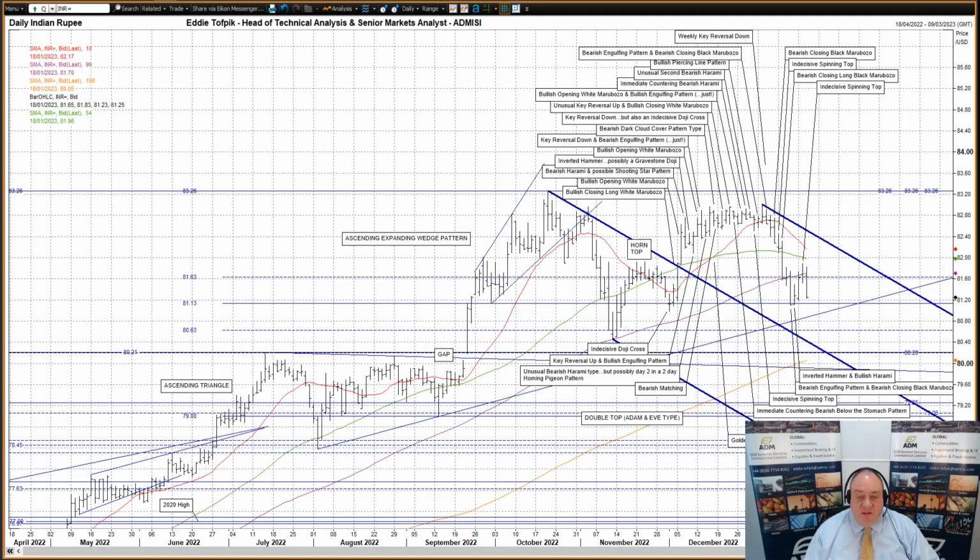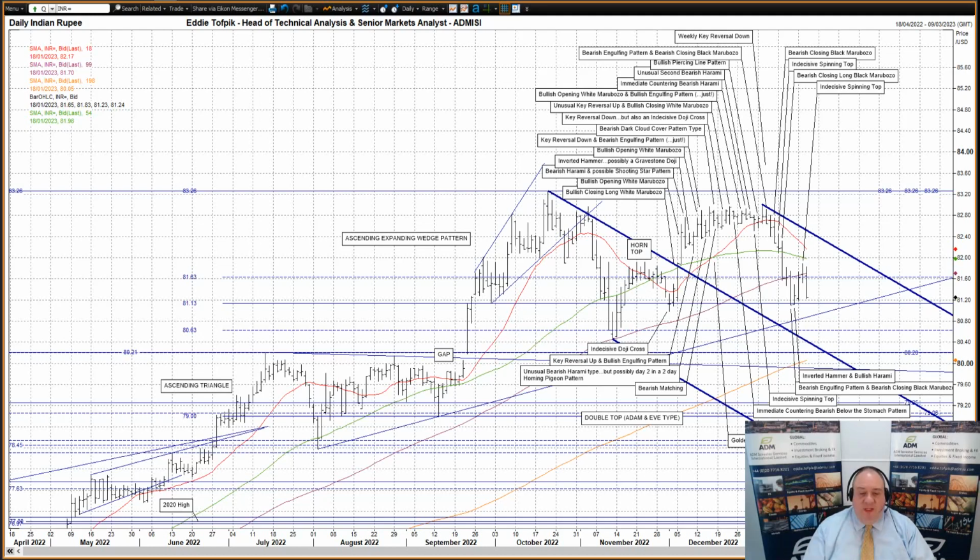Despite, on a closing basis, or especially on a closing basis I should say, and also influenced, if not directly testing, the declining short medium moving average, currently at 81.98. Looking below the 50% Fibonacci line, we have the interesting uptrend from the start of August 2022, currently at 80.88, which is the lower trend line of the August to September 2022 ascending triangle, as well as a little lower the middle tine, currently at 80.42, of the October 22 to January 23 bearish Andrews pitch hook, highlighted in dark blue on my daily chart.